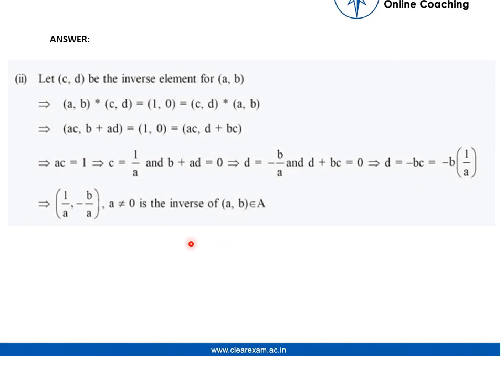So let's see how we can find the inverse element. For finding the inverse element we use multiplicative inverse or additive inverse. Here you can see it's multiplicative inverse only, and by just putting the formula, the property, we'll be able to find it. Here we can see that it is not invertible, because inverse of (a, b) should be 1 by a and 1 by b, but we are getting minus b by a, so this is not an inverse element. This operation does not have any inverse element.